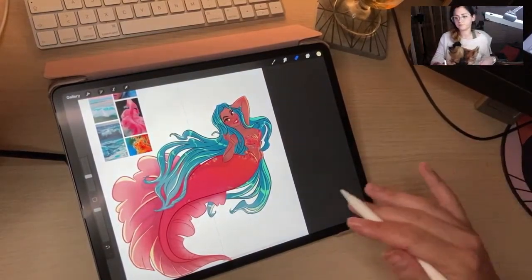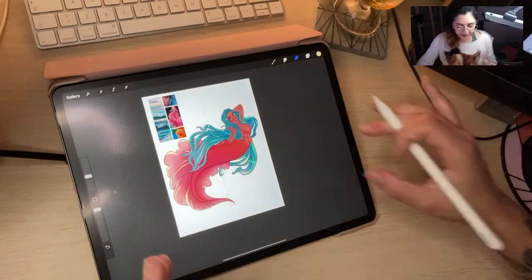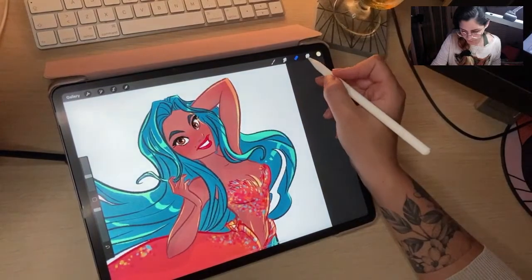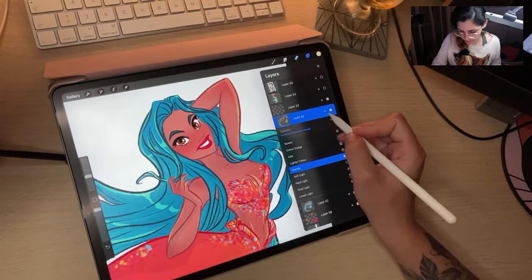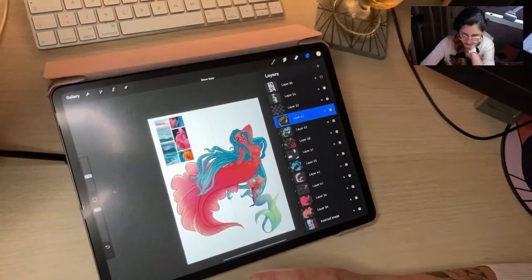Right. So, I feel like it's done almost, right? I mean, what else do we need to do? Just lower the opacity here a little bit, 50%. See if it makes sense with...